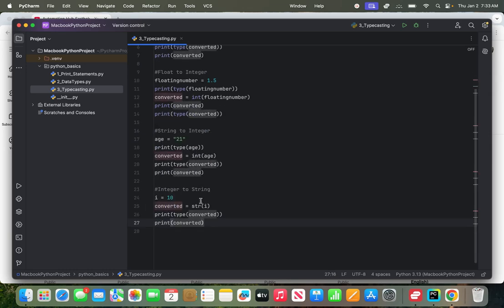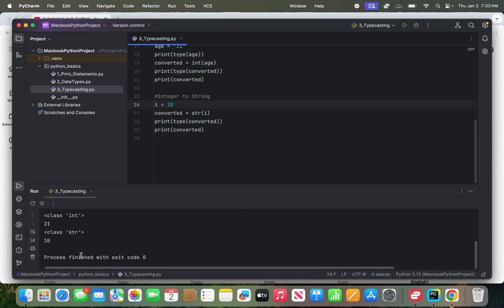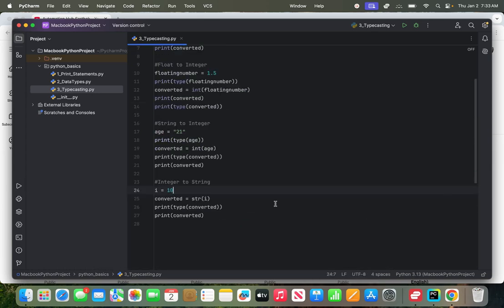So see here, I is an integer value, a whole number, which is 10. So at this point I'll convert this into a string. How will I know that this has exactly become a string? It is easy, right? Even though it will show itself as 10, how do you prove this? So if I go ahead and do here,